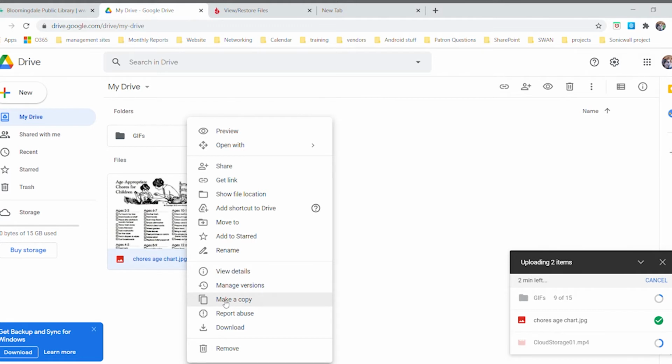If you're wondering why you would make a copy, one of the reasons is that when you are working with things on the cloud, unlike when you're working in, say, Microsoft Word, you don't have to save your work as you go. All the changes you make are automatically saved. Normally, this is a very good thing, but occasionally you have issues with that because you make changes and then you want to go back to the way it was before, and that's difficult to do because it's already saved